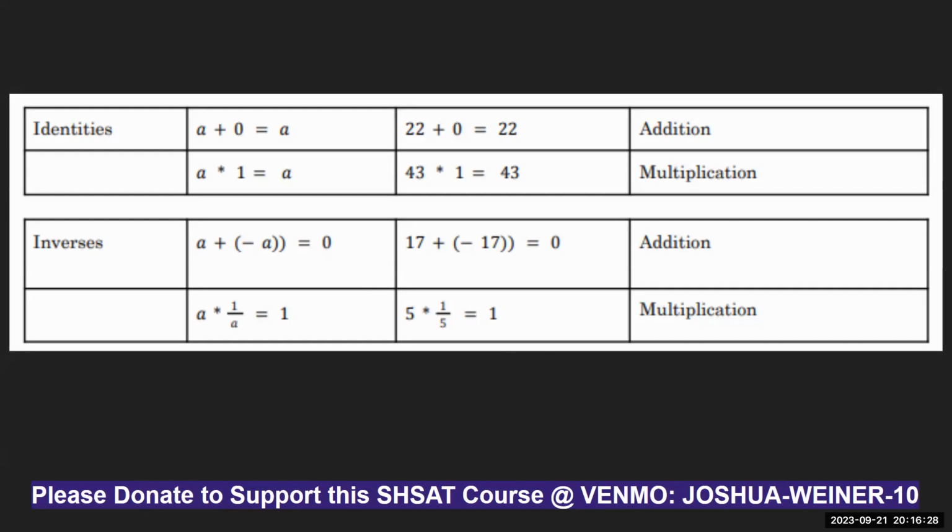I'm going to highlight these very special numbers here. It's 0 for addition. And there it is. That's the identity. And then for multiplication, it is 1. Does not change the value. So if we're doing the inverse, we want to get back to the identity number 1. We have to use the reciprocal.